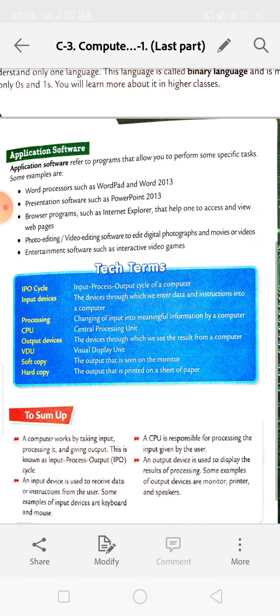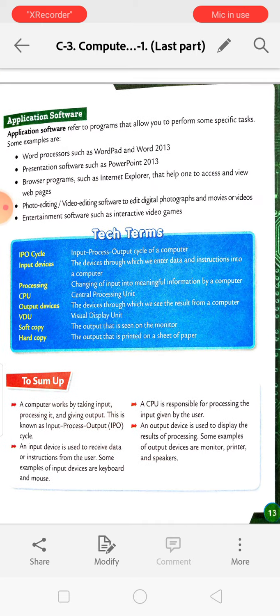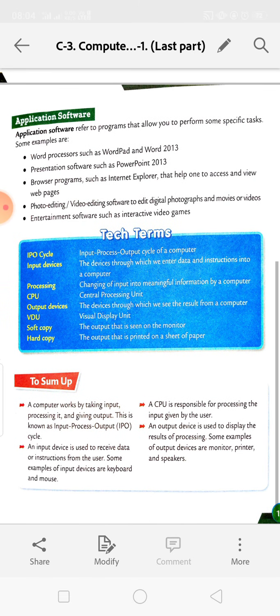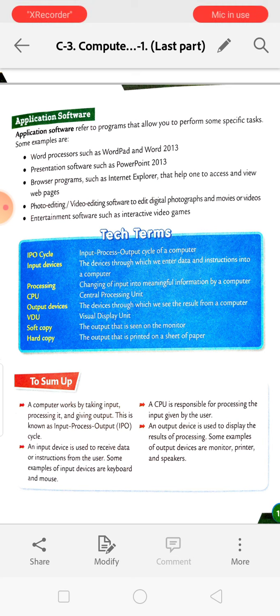Next, application software. Application software refers to the programs that allow you to perform some specific tasks. Some examples are word processors such as WordPad and Word 2013, presentation software such as PowerPoint 2013, and browser programs such as Internet Explorer that help one to access and view web pages.